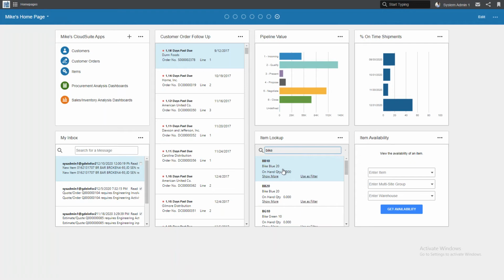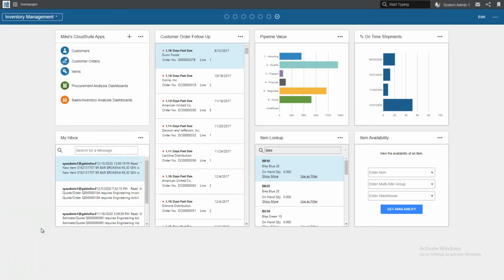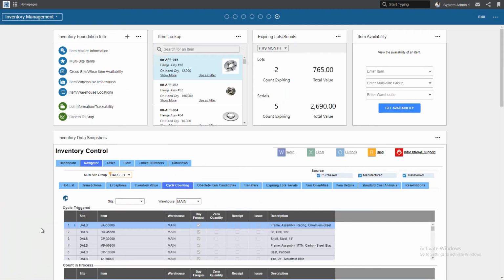Now let's get into a tiny bit more detail, and let's look at some detailed screens in our system. So I'm going to come back down to this inventory management home page. You're going to see that these are what are called menu links over here, and they're pretty easy to build. If I have time, I'll show you how to add a menu link. But oftentimes with our system, CloudSuite Industrial, a user can add a set of menu links,